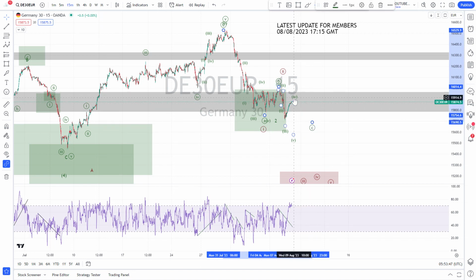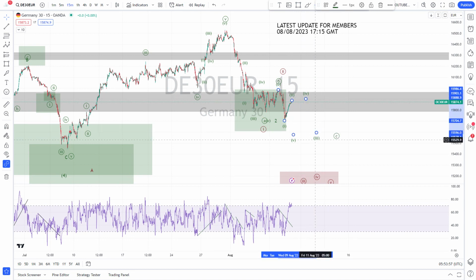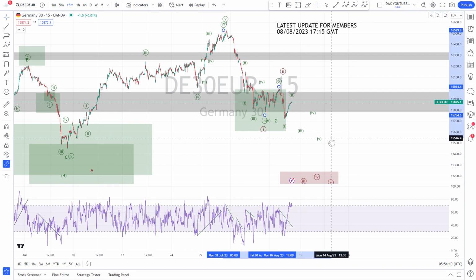Or otherwise, another possibility is that this here was the 1, this here was the 2, and now we end with an ending diagonal, something like this. Not too impulsive to the downside, but an ending diagonal to end this wave C, so that we would stay above this invalidation level here. And technically,